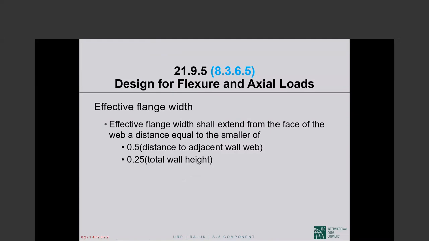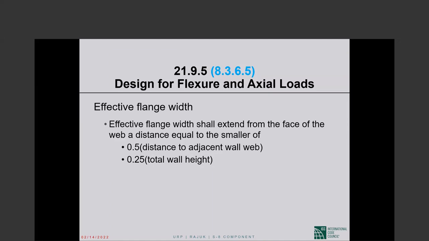And so effective flange width shall extend from the face of the web a distance equal to the smaller of half the distance to the adjacent wall, so you cannot obviously encroach on the flange of the adjacent wall. You can go halfway to the next wall,